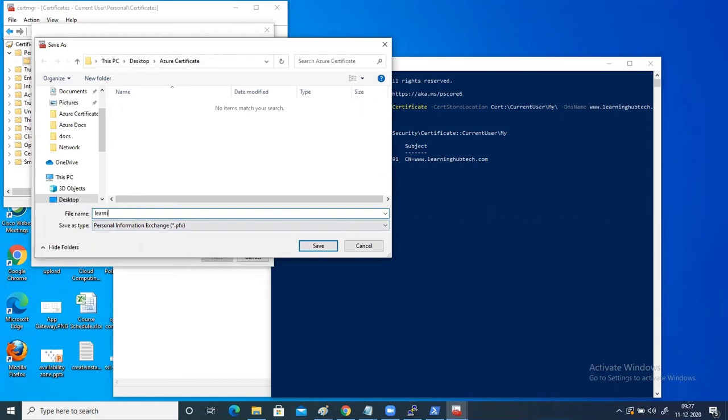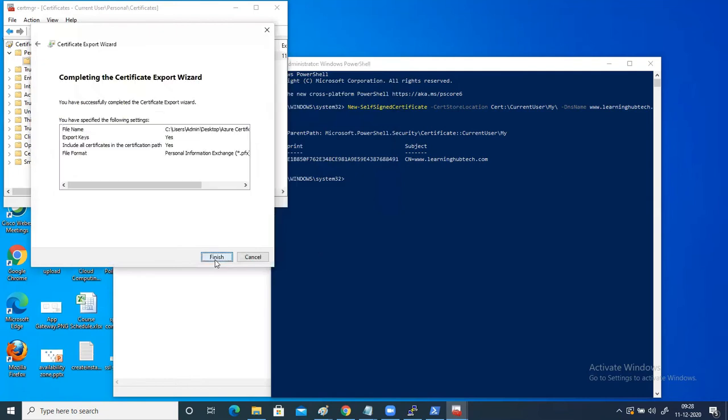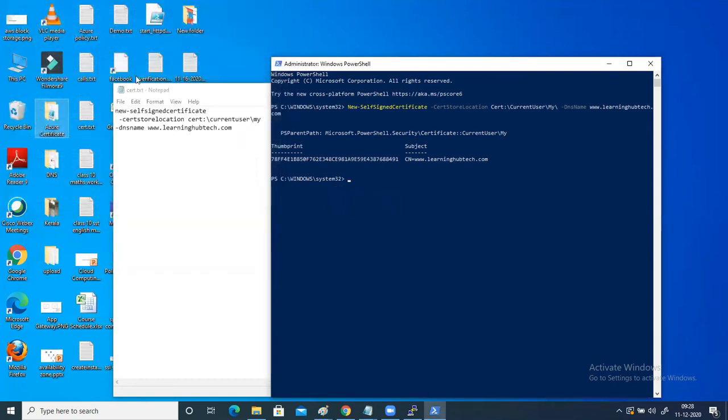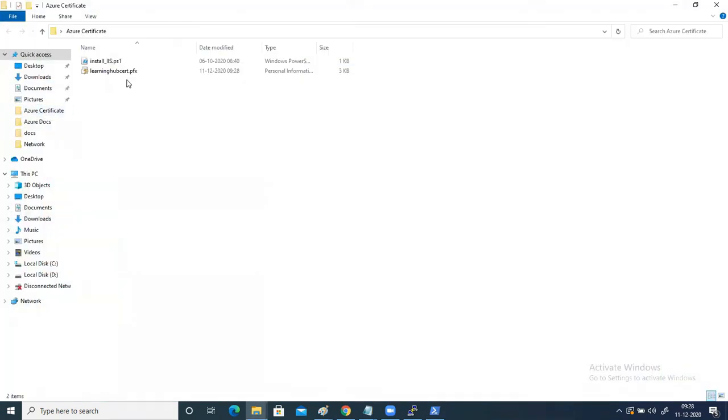Here you can mention Learning Hub Cert, and the extension is .pfx. Click on save, next, and finish. Okay, done. So if you close this one and go to Azure certificate, this is your certificate here, right? Now what we need to do,